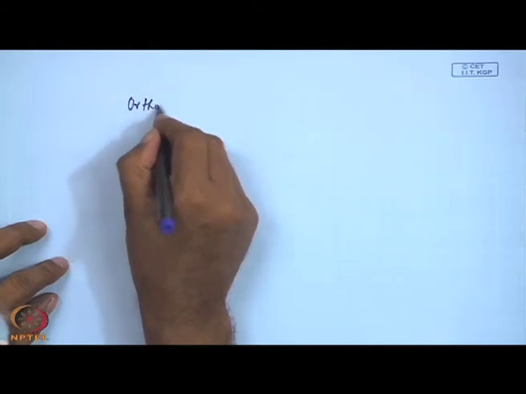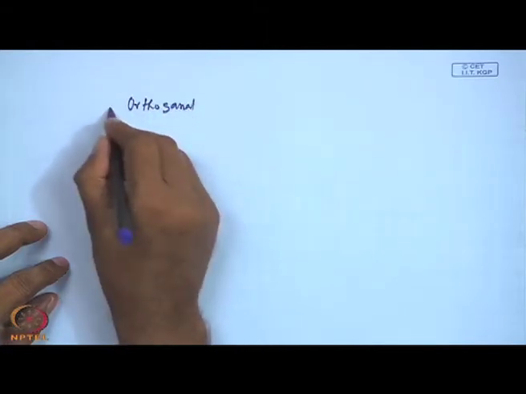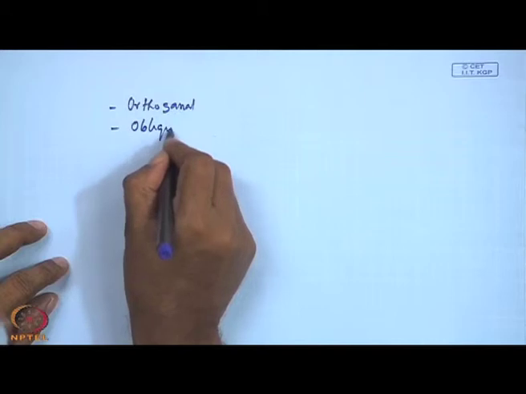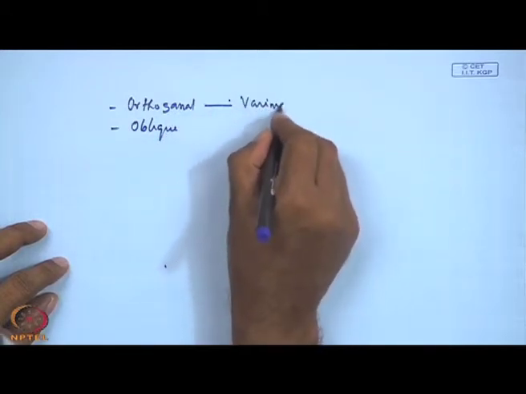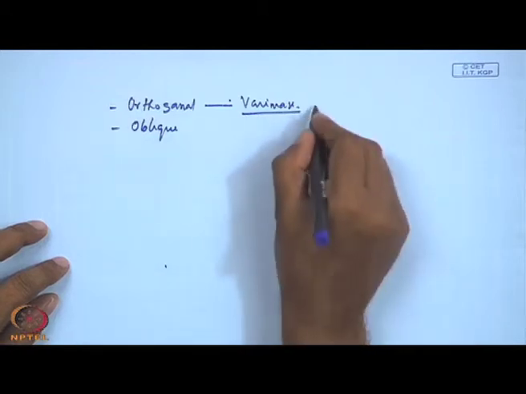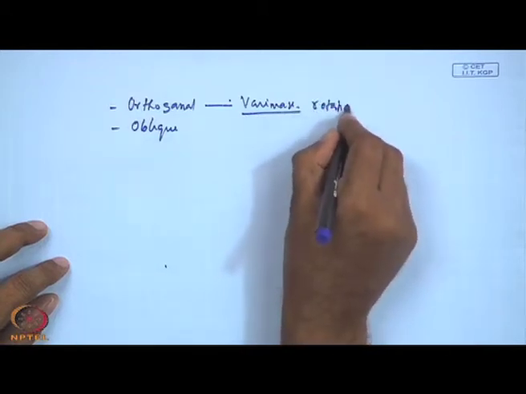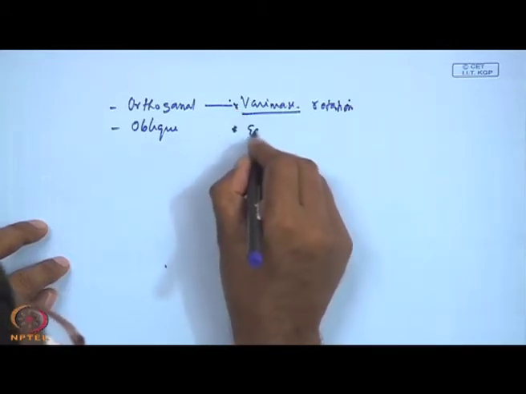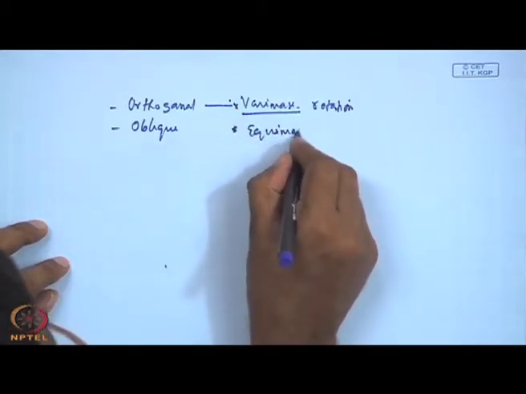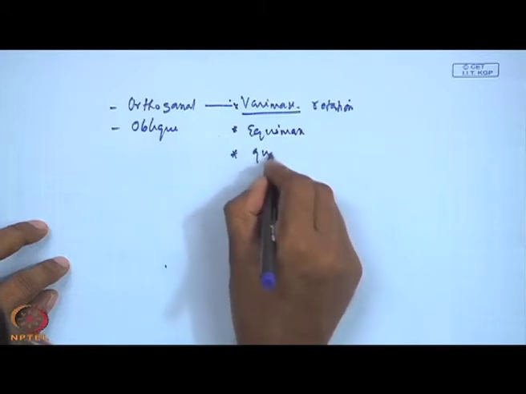Then what are the different types of transformation possible? One is orthogonal, another one is oblique. Under orthogonal, the most commonly used is Varimax rotation. There are other methods like Equimax, Quartimax,